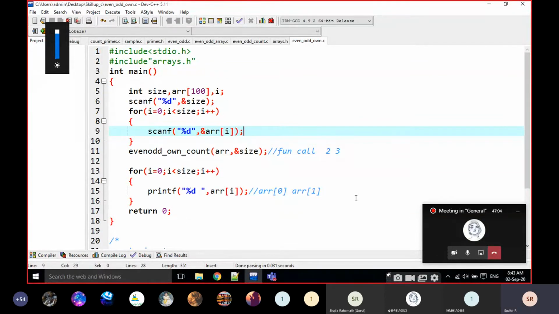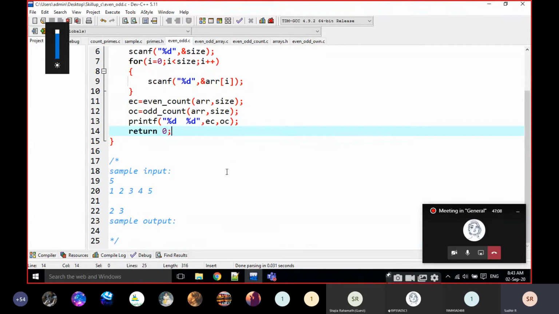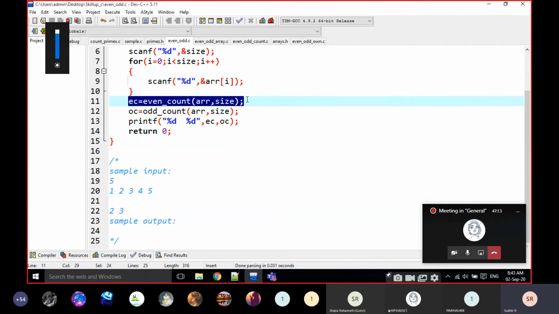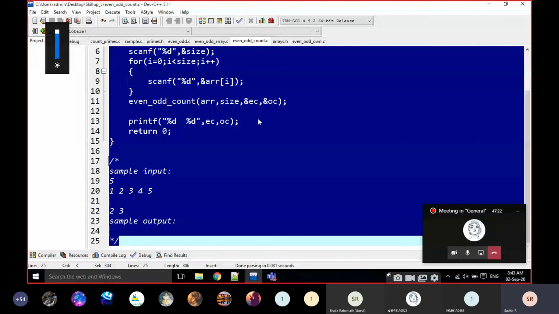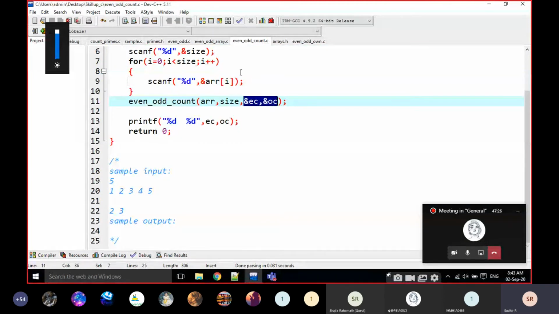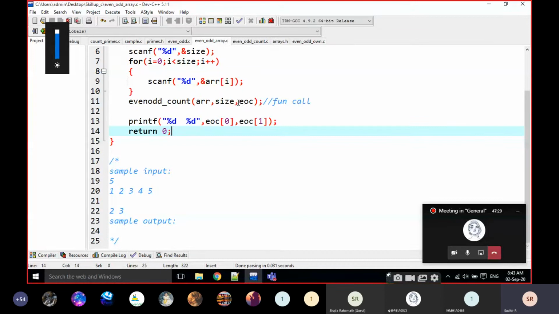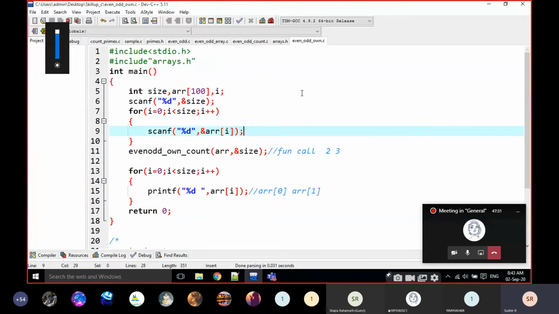How many different methods have I discussed here? I discussed the methods here. That means if the function returns only one value, that is fine, but when we go for multiple values, there are different methods. The first one is passing the arguments as addresses, the second one is the address of an array, and the third one is the own array: the result is in the own array which we are passing.